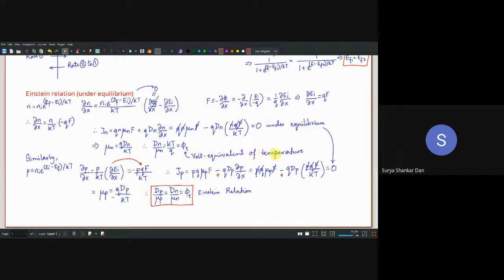I will use phi t for the rest of the course. That is the volt equivalent of temperature, because this kT by Q will appear in almost every relation in the devices. So it's better to write phi t. Now, in advanced level textbooks, you will find phi t only. Now the point is, what is the mistake they made? The entire batch made a mistake. Okay. Sometimes I set a little bit tougher question and nobody can answer. Then I become questionable to the department.